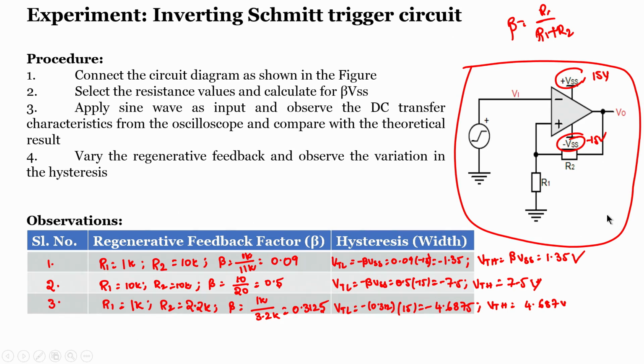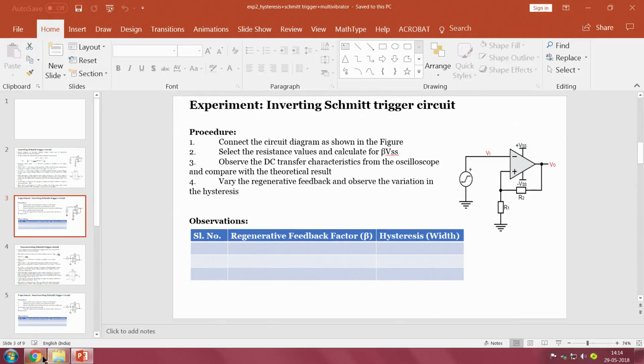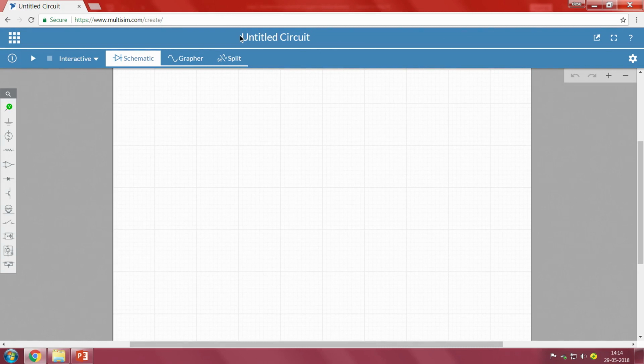So, let me go back to the simulation. We will look into Multisim, as we have already seen Multisim in the previous sessions too. Once again, I just repeat, this is a Multisim online circuit simulation builder software. Here, if you observe on the left side, we have different modules that we can place on this circuit board, starting with analysis and annotation.